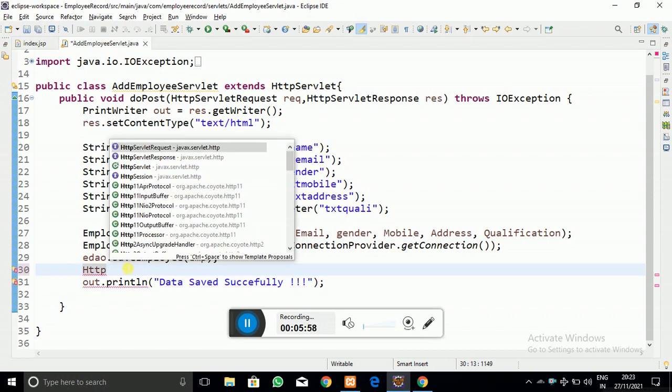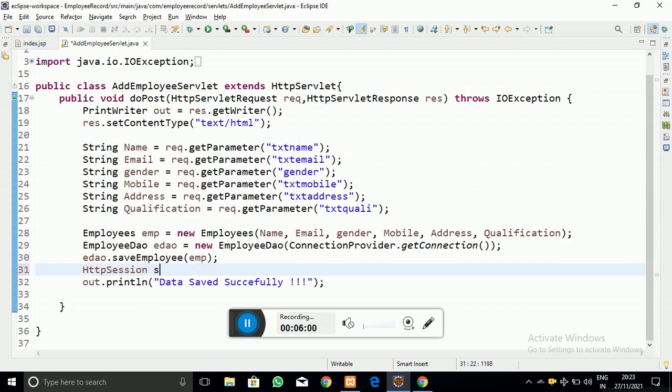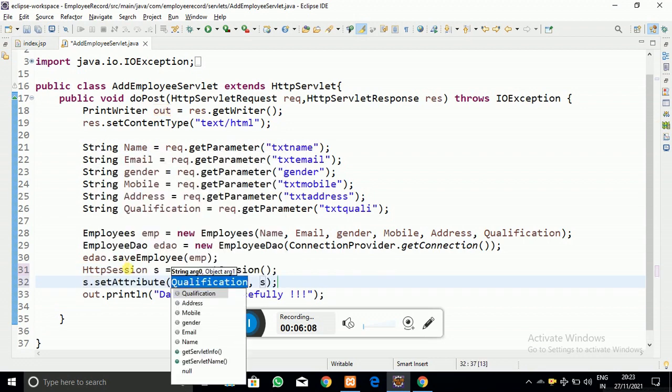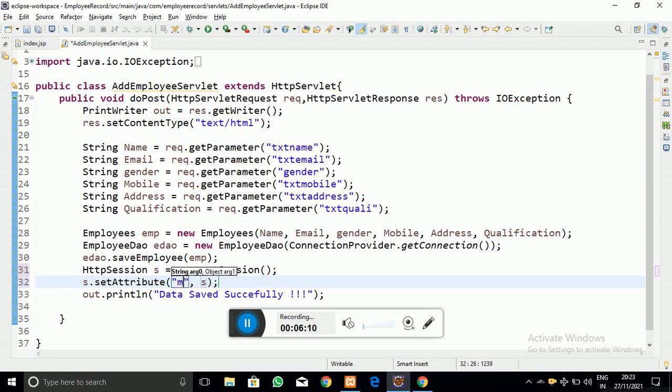As we have created the entity, let me create the message entity object. First of all, let me create the session. To the session I am going to pass the value, so retrieve the session, and here session.setAttribute, with the session name, suppose it is message. The message value should be the object of the message entity that we have created.